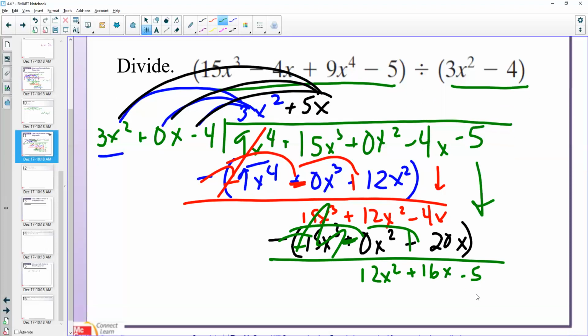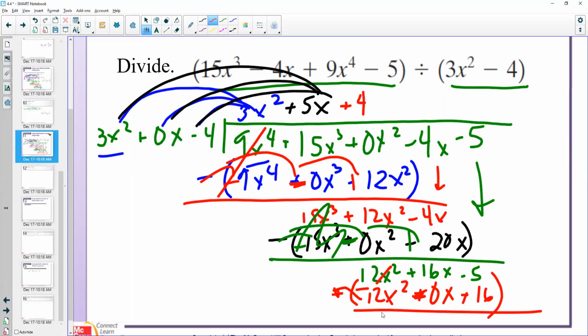Okay. And then one last time. All right, so let's see. I need to turn 3x squared into 12x squared. So that's plus 4. Distribute my 4. So I'm going to get 12x squared plus 0x minus 16. Change my signs. Minus, minus, plus. Cancels. I get 16x